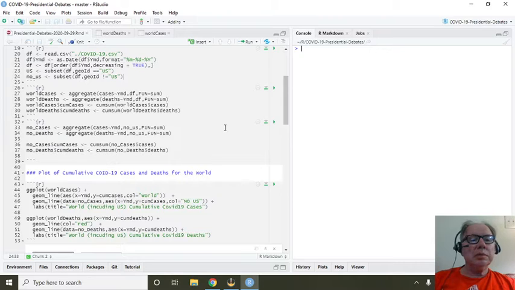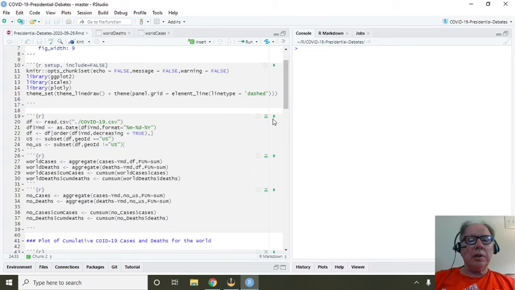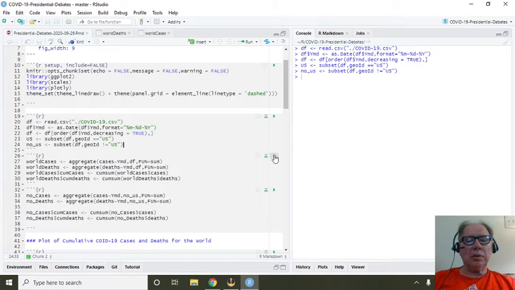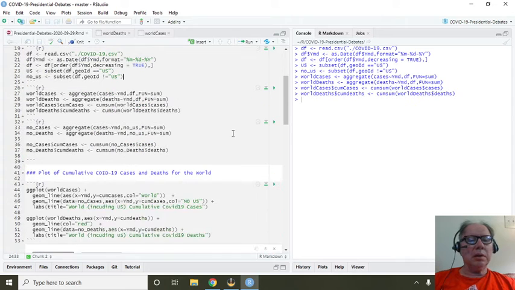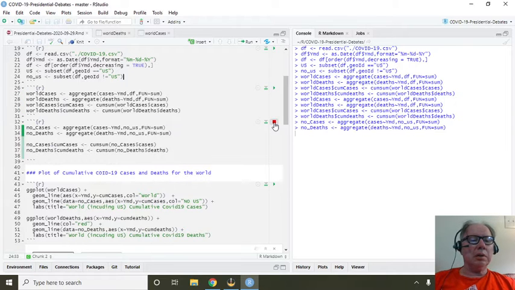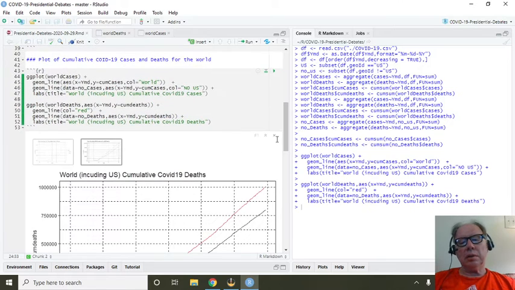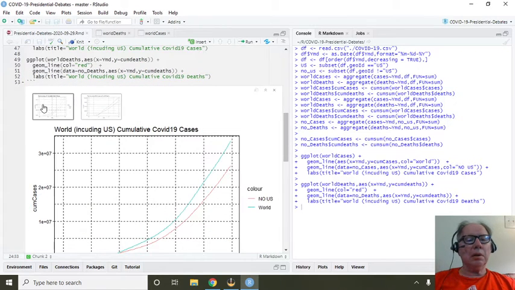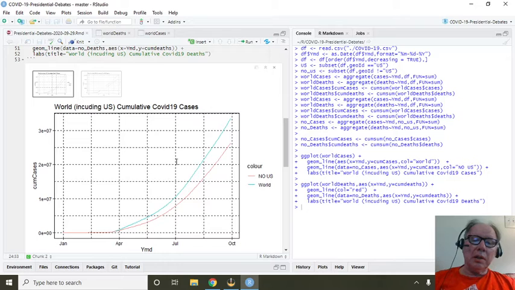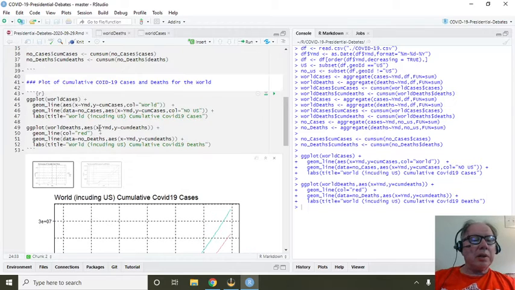Okay, so let's run this. Let's run this. Let's run this. And let's run this. Okay, good. So the red is without the US. So this is interesting. In that way, what we're seeing here is